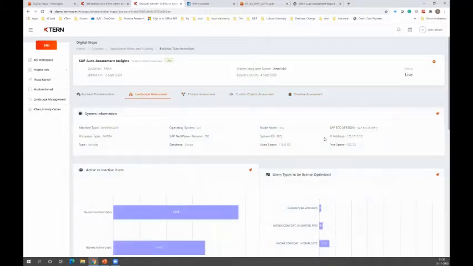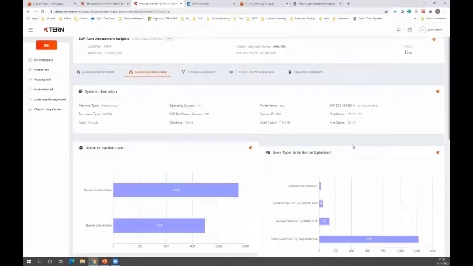This is more on the technology side of things, to understand the kind of operating system that you have, the Unicode or what database you have, and how much space is present. It also provides a large list of tables. So if you have like 300, 400 tables, or if you have logs present in the TST03 or BALDAT, then it finds out what are the largest tables that are used, and the need of the database or the history of the past 5 years.